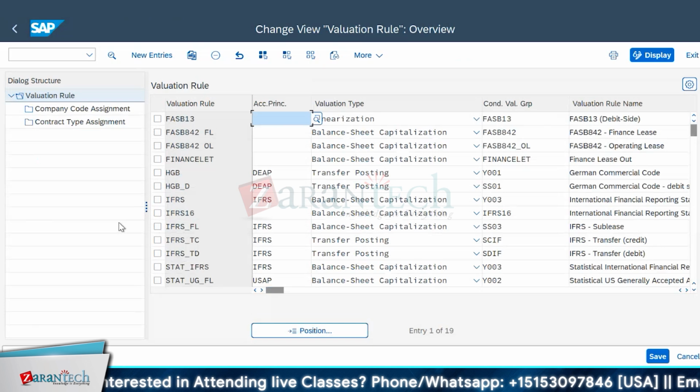This valuation rule defines itself by the rules framed by IFRS compliance, or framed by country-level compliance. Each country has its own compliance. For example, I will take India. India has income tax slab compliance. They have GST compliance. Each country will frame certain rules, policies or compliance which need to